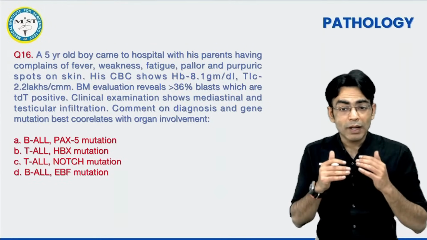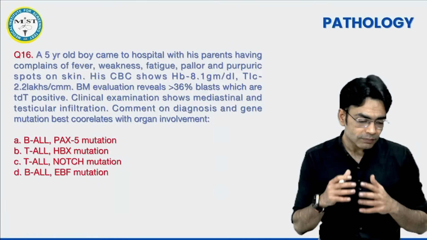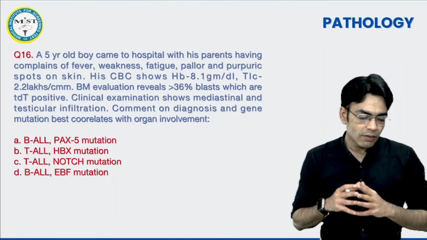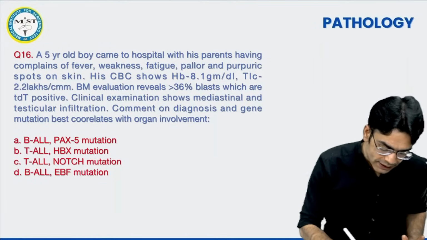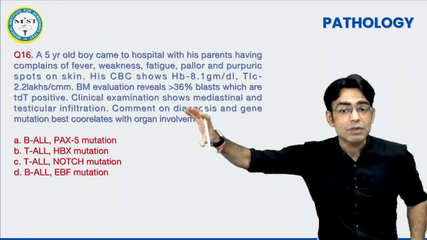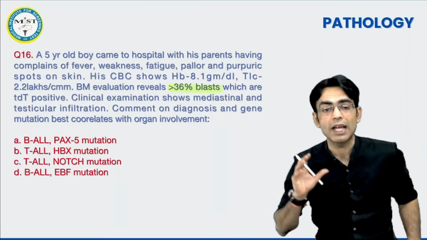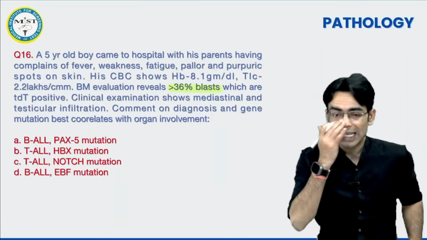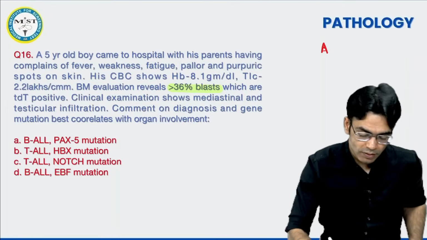तो छोटू सबसे पहले तो diagnosis क्या है? Now again from things which I have just explained you would understand that it is not the entire lineage which is getting more. It is more than 36% of blasts which are seen in the bone marrow. तो बेटा एक ही तरीके का सेल दिख रहा है, पूरी lineage नहीं दिख रही. So this is what? Acute.